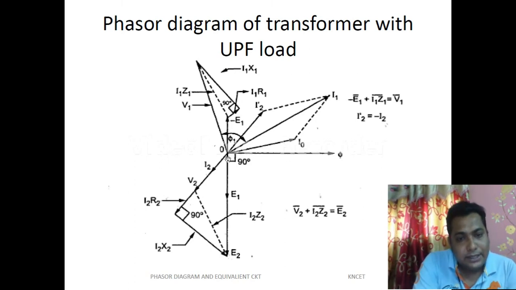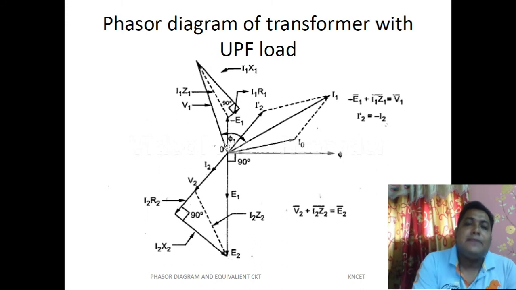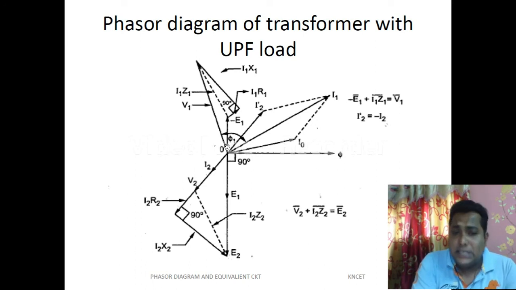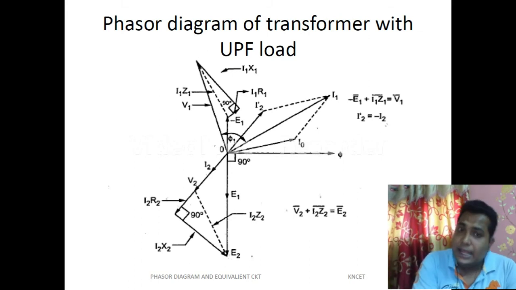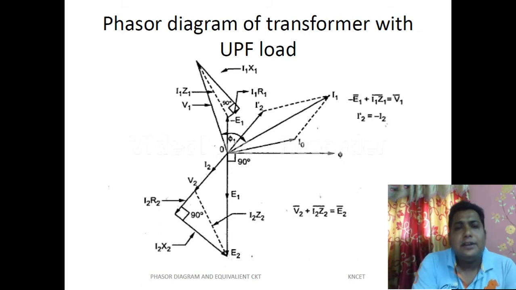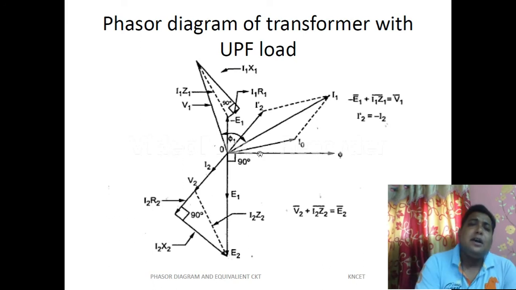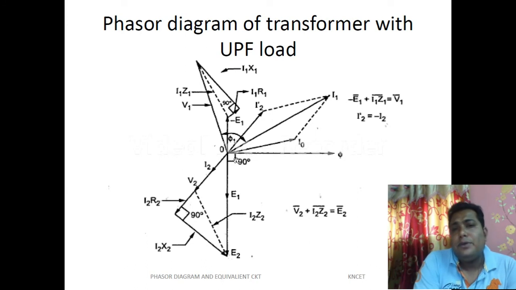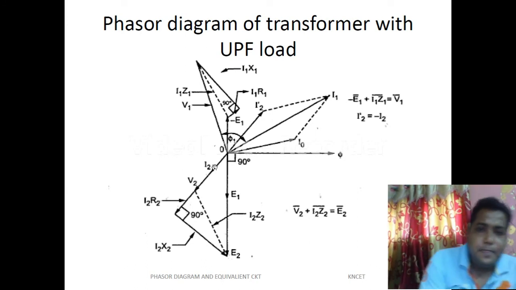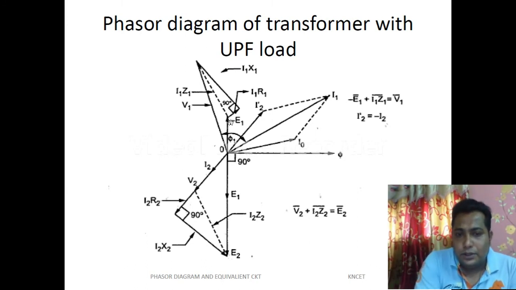That's why there is the supply voltage V1, and over the supply voltage we have the loss current, or the resistive current, that we have named IC. And the resultant of these two currents, we have given a name: I naught current. So I naught is actually the resultant of the magnetizing current and the resistive current, or the loss current, whatever we say. Different books mention different names for this current, so whatever name you can remember, you can use. So up to this one.